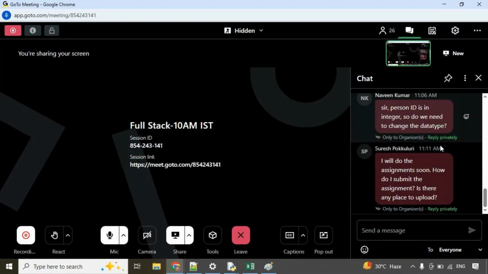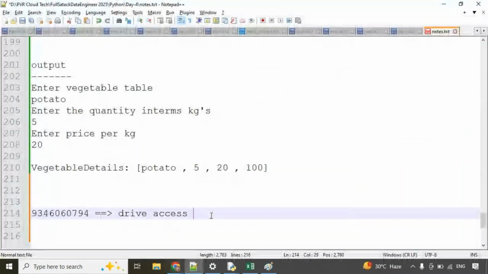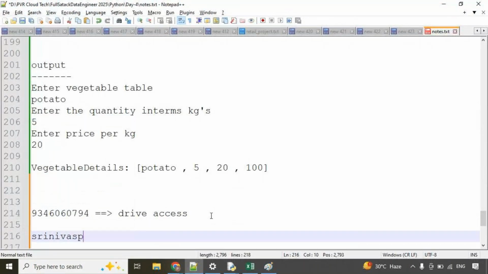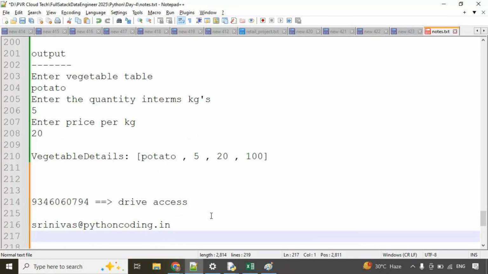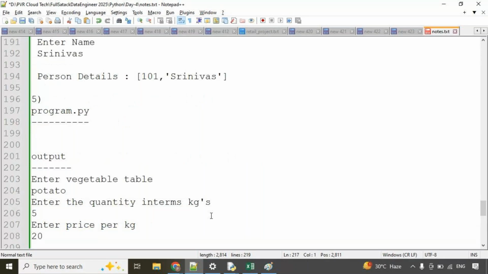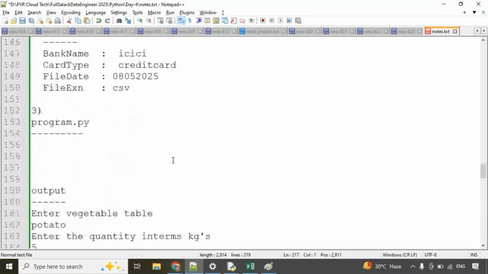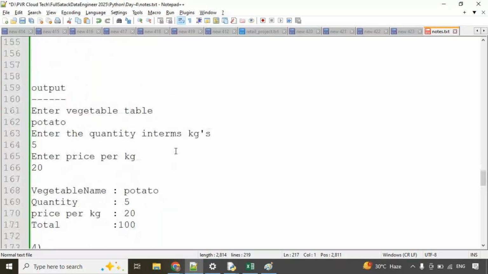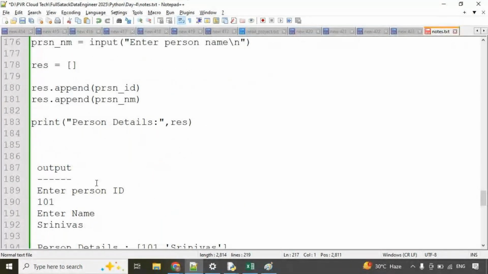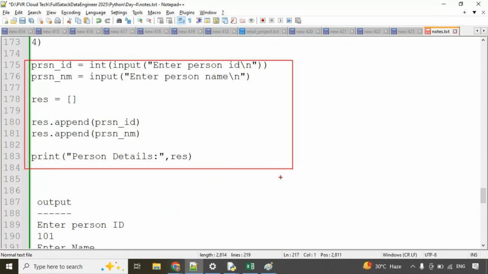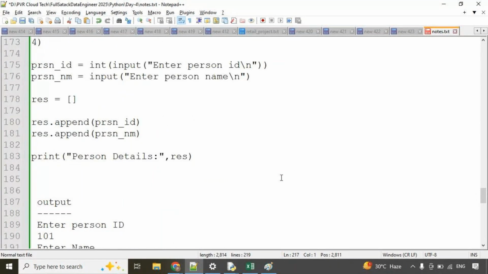Assignment soon. Guys, after submitting, send it to this one. And make sure, guys, prepare one Word document. Whatever assignments I am going to provide, prepare one Word document. So consider this is the code. First take the output, and you have written the program. Take a screenshot, make a Word document. Make a Word document in such a way that,